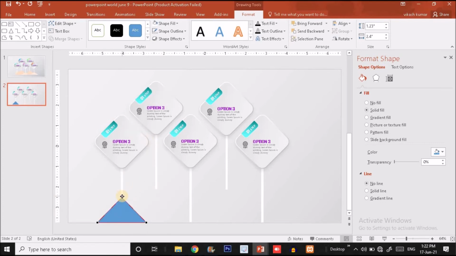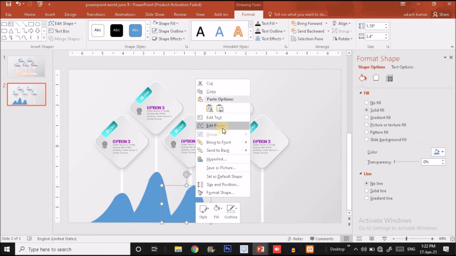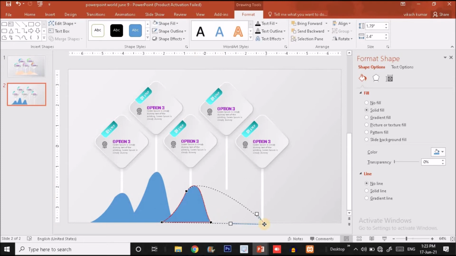So I'm going to right click over here, edit point. You will find 3 dots. Just click on this dot. Drag it over here like this. Drag it over here like this. This dot you have to find, drag it over here like this. So you will get a mountain like this. Put it over here, press Ctrl D, make another duplicate copy and put it over here. Just increase the height. Press Ctrl D, again put it over here. Increase the height, right click over here, edit points and drag it over here like this, or maybe here like this.